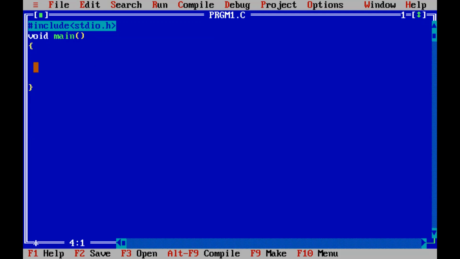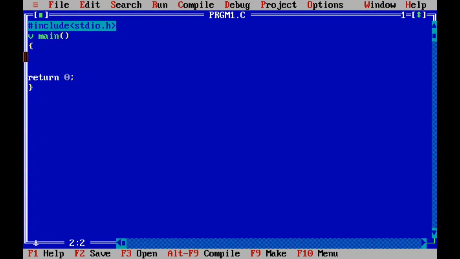Understood? Void main means no return 0. If you are giving only main or int main, integer main, you have to return like this. Is it clear? So if you note down in your book, if you are giving int main, you have to give return 0. Or if you are not giving anything also, it is expecting to return something, then also return.